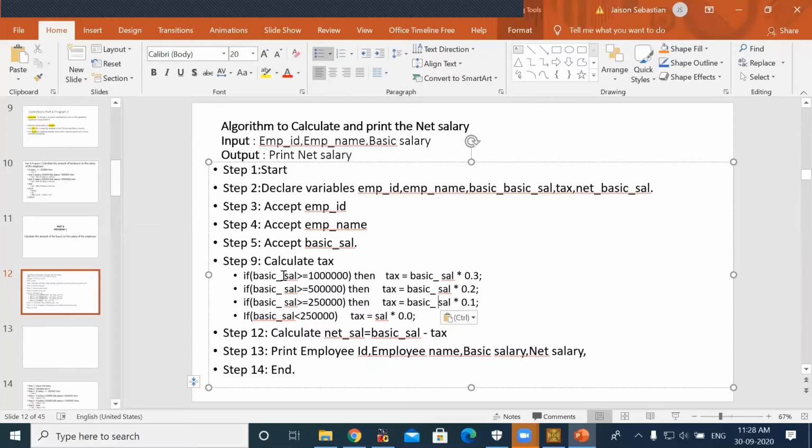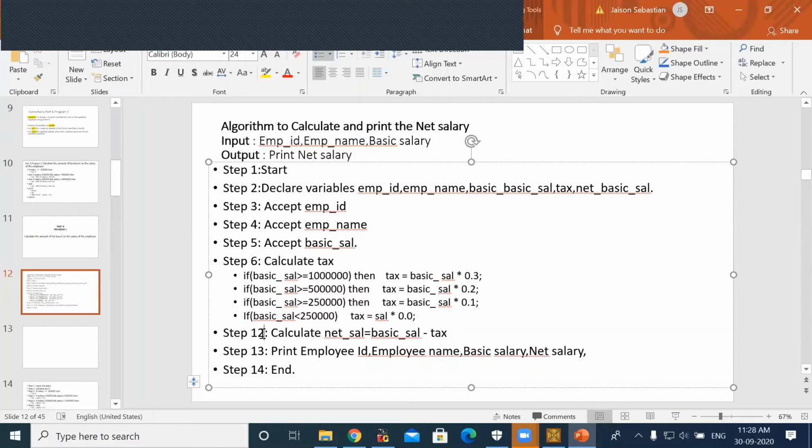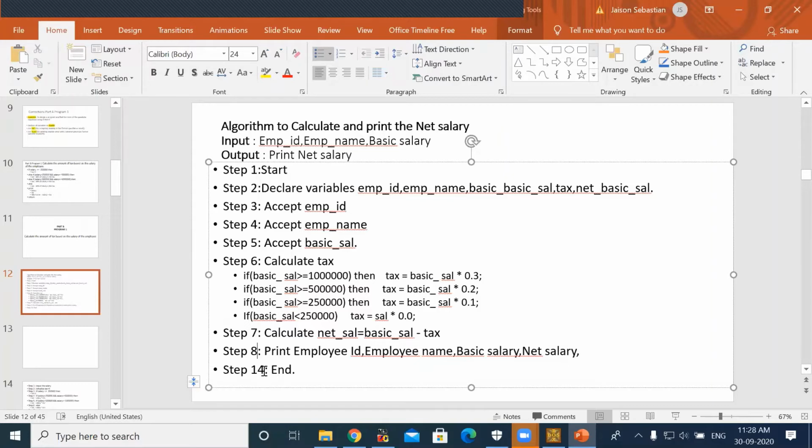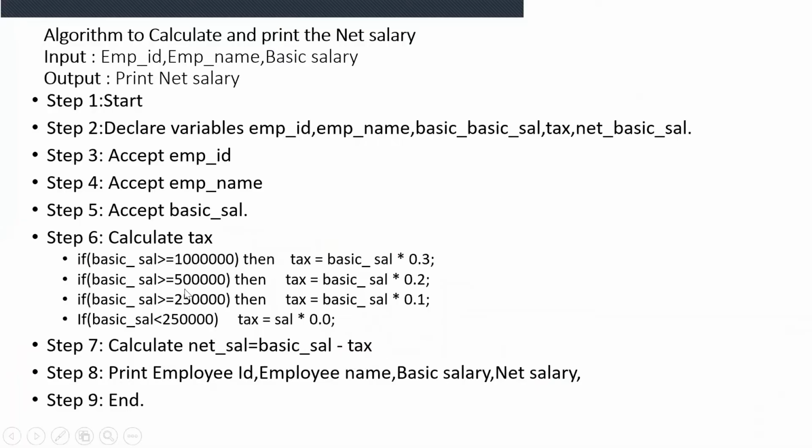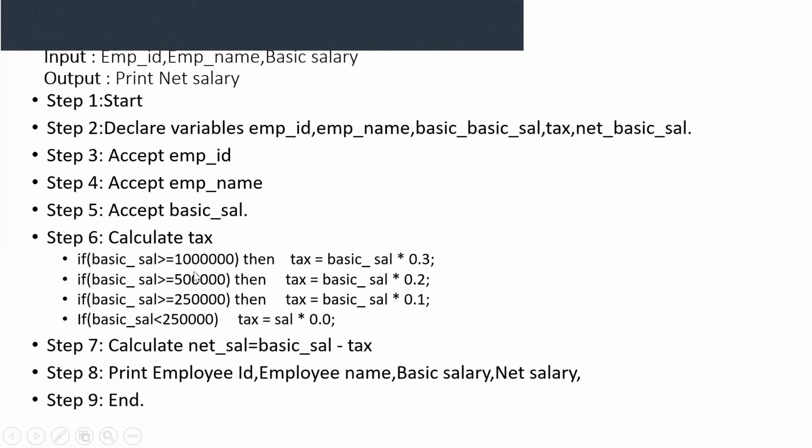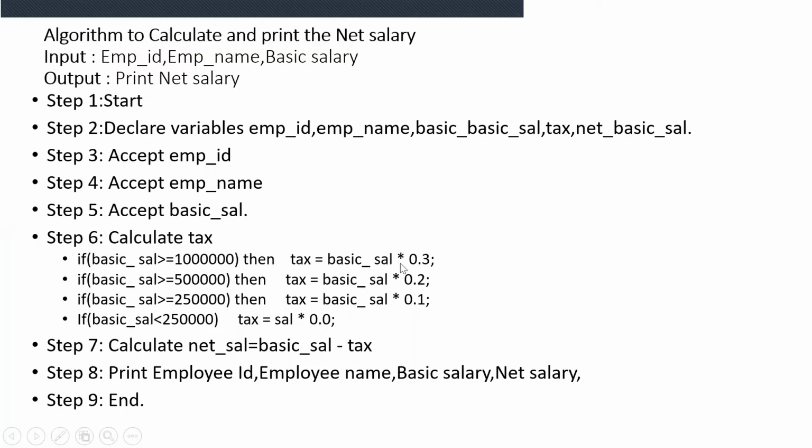I was changing one program, that's why all these mistakes were there. Because for BSc it is different. They are calculating the deductions and all. So okay, that's why these changes were there. So here the calculation of the tax is like this. If basic salary is greater than 10 lakhs, then the tax is calculated as 30% of basic salary. Got it? We are just following some percentage for each of these slabs.